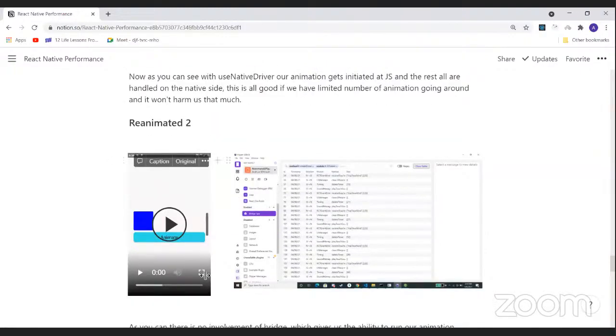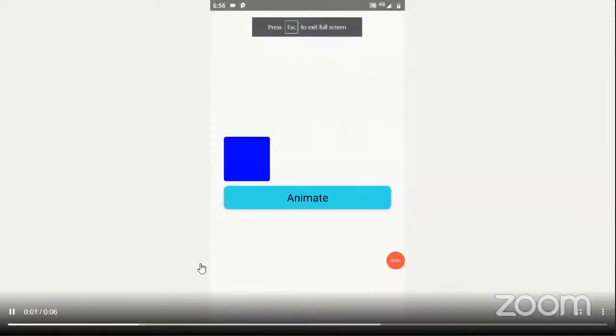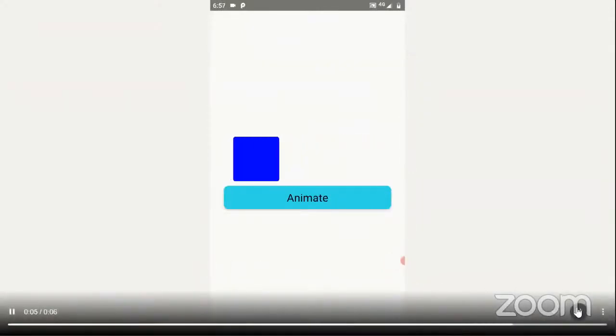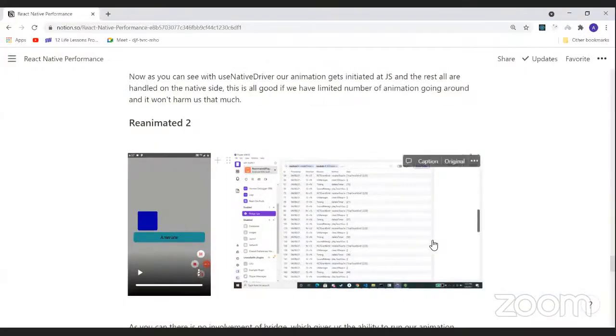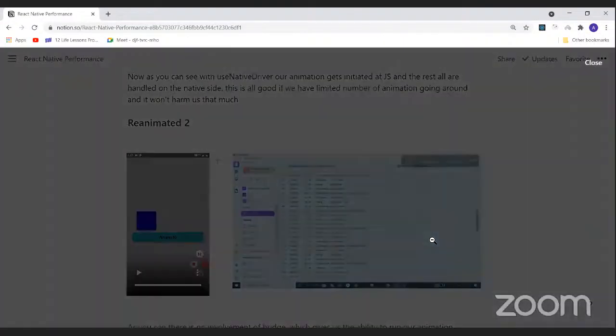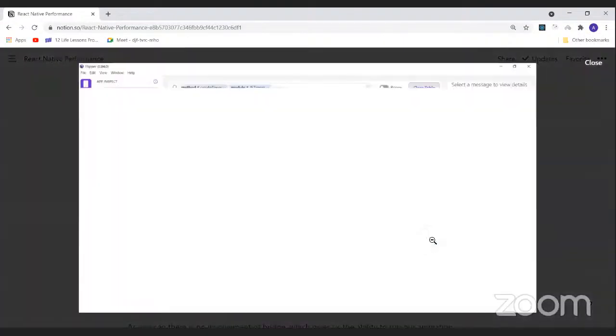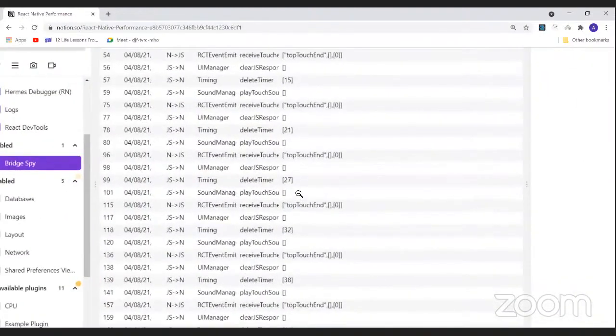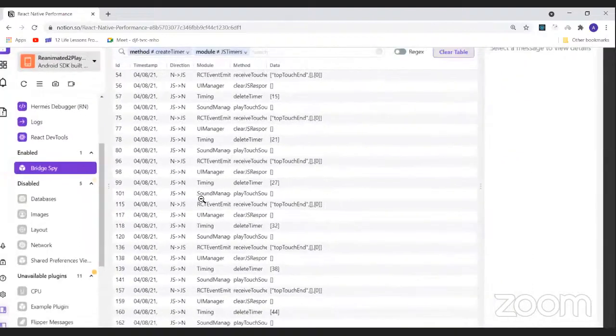Now here comes Reanimated 2. Okay, now here comes the surprising part. You won't see anything going from JavaScript to native, neither from native to JavaScript.